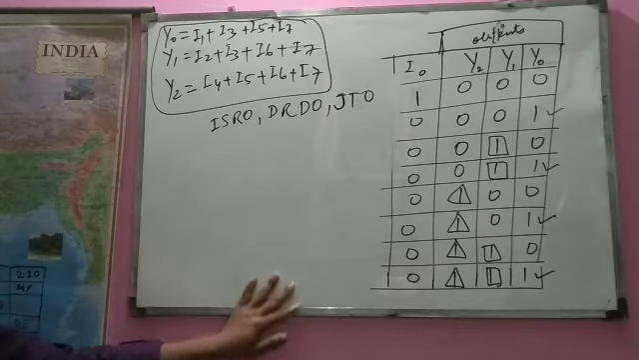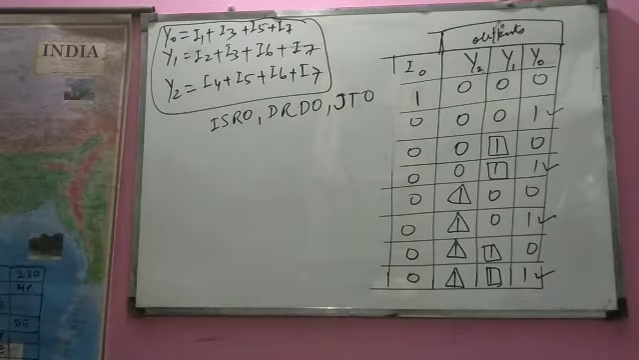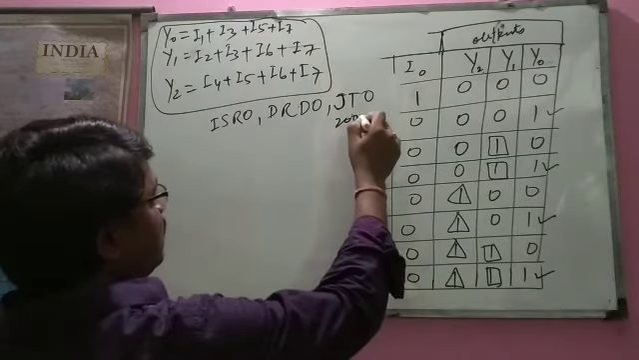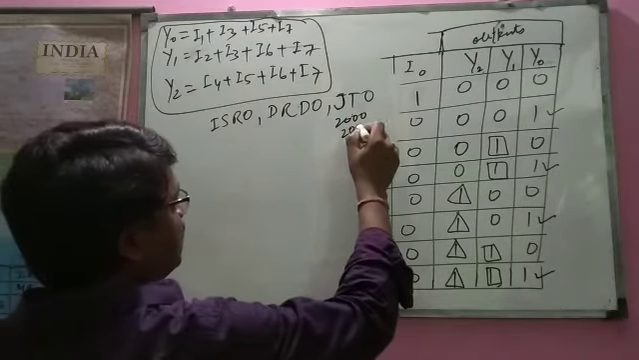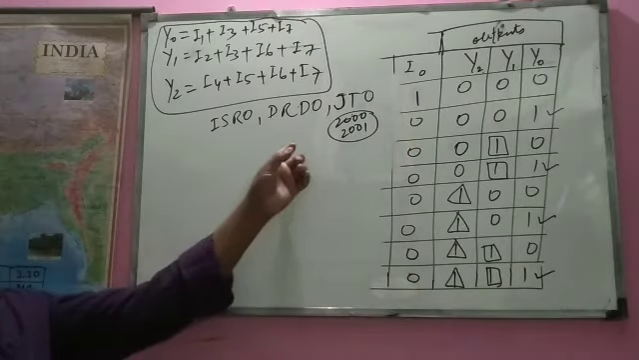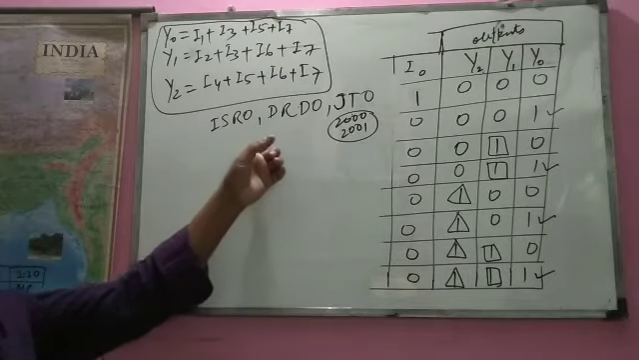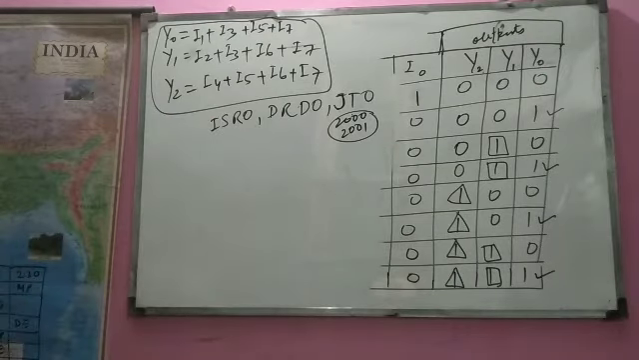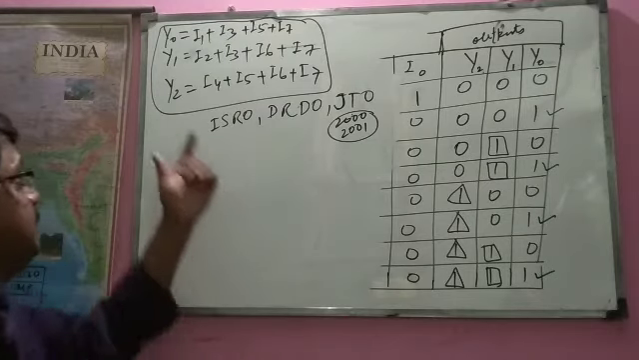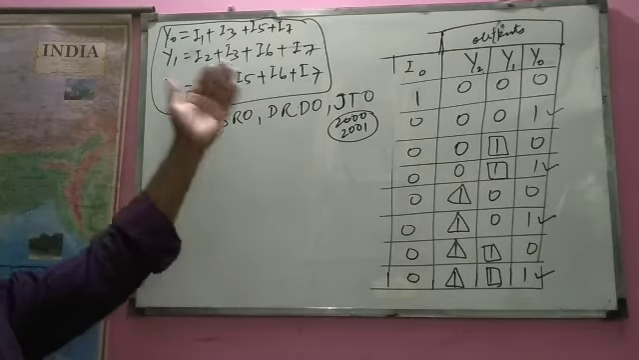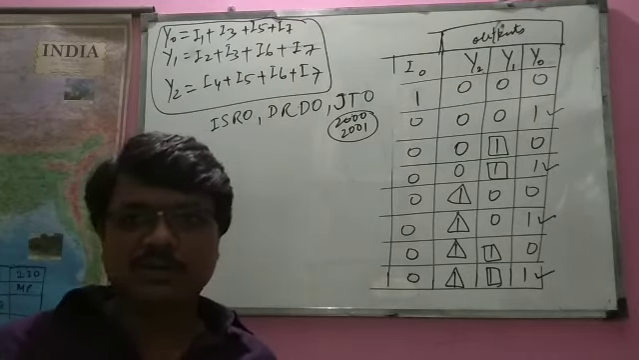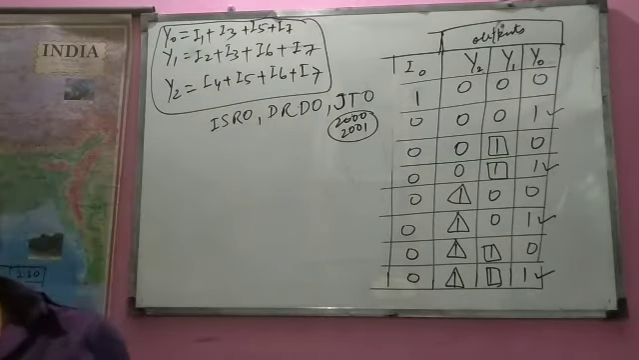So JTO, I remember, it was asked in 2000 and 2001 in consecutive years, two times in the JTO examination, and this has been asked in the JTO examination. What is the expression for outputs in terms of inputs for the 3:8 encoder? So my dear friends, see,